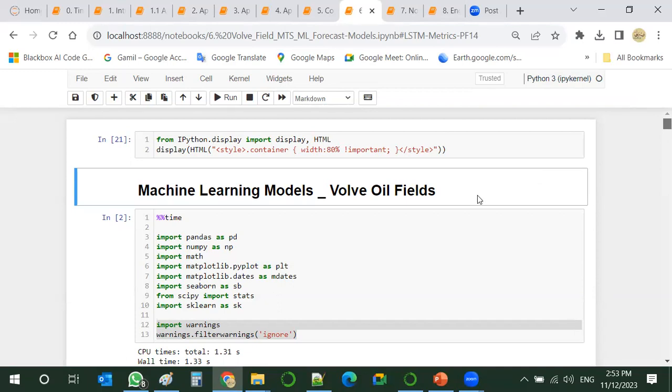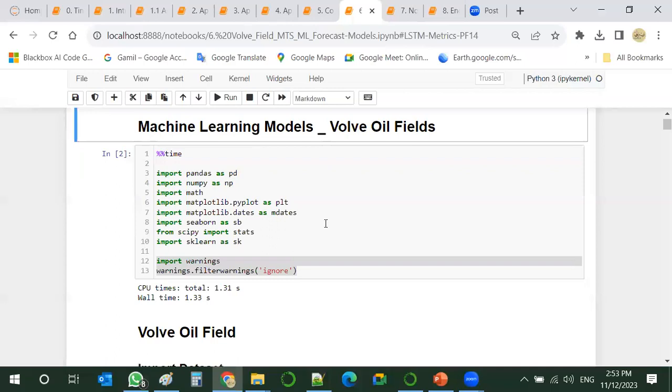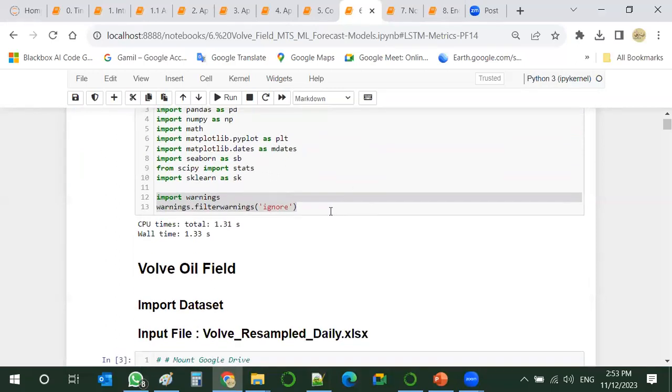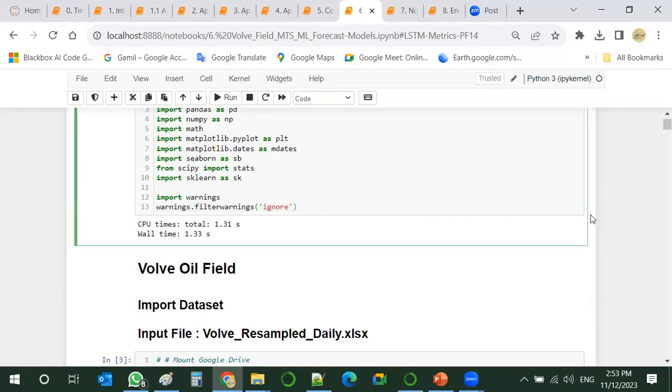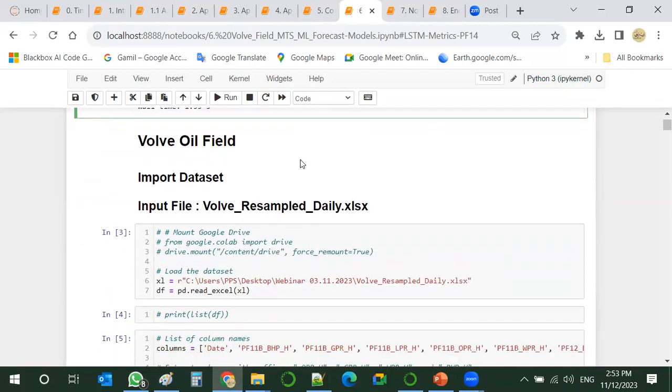This is data available from the Norwegian company Equinor. And this is just part of a project.